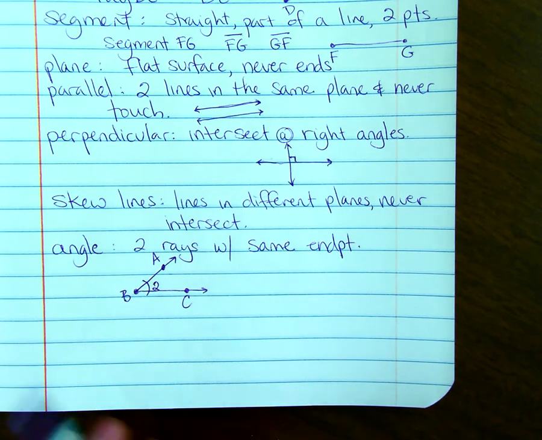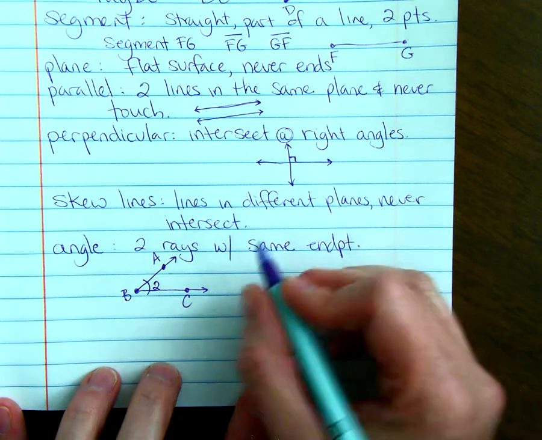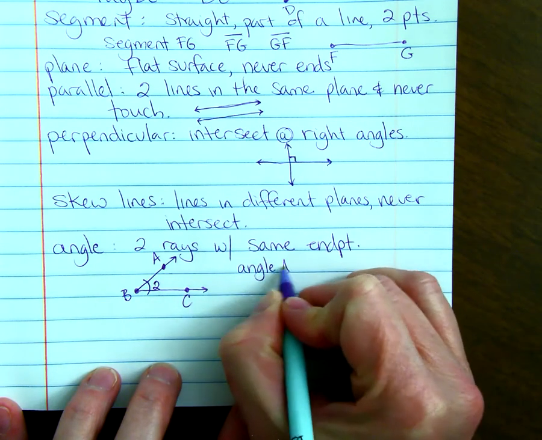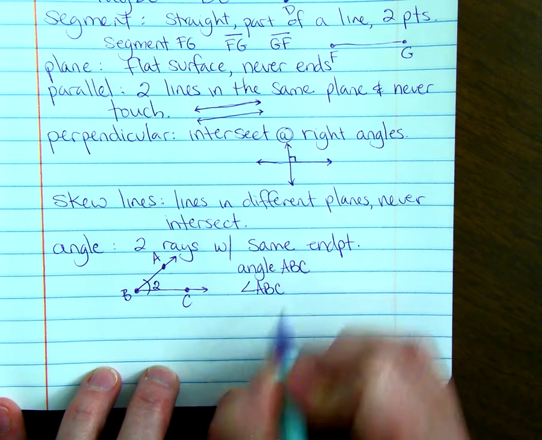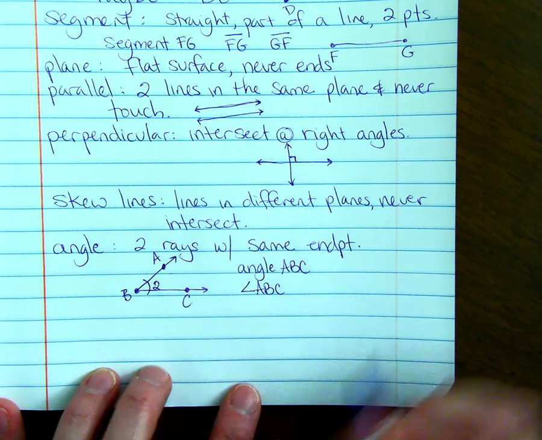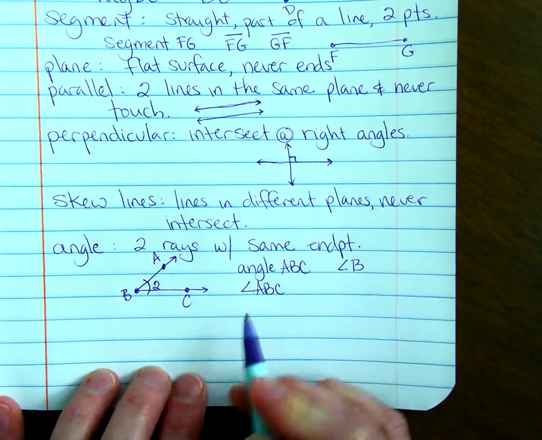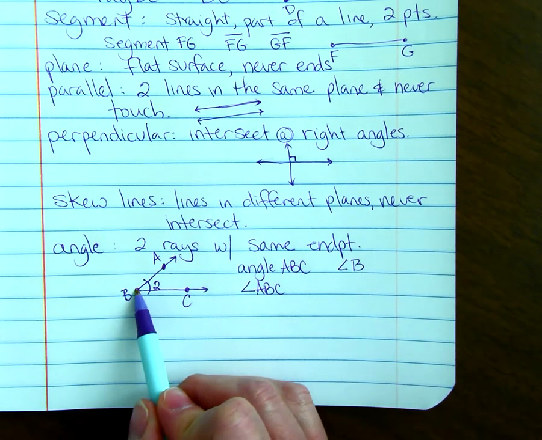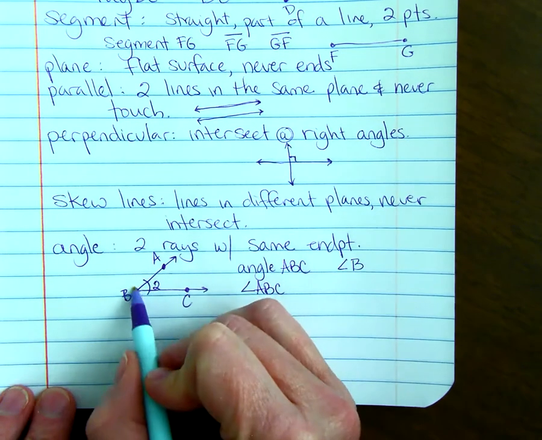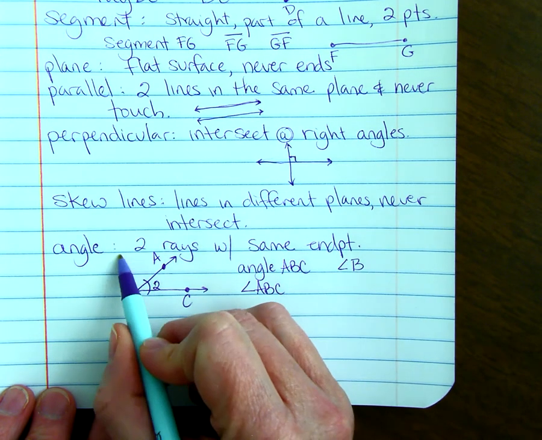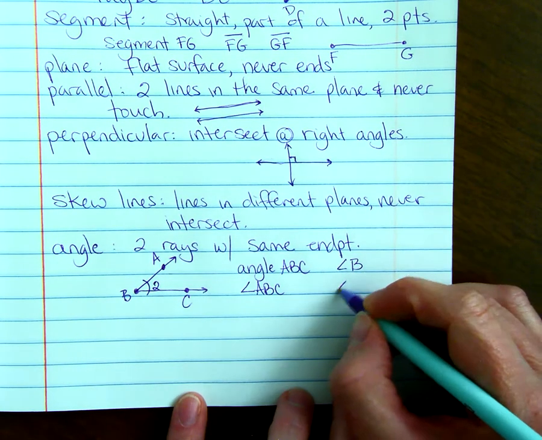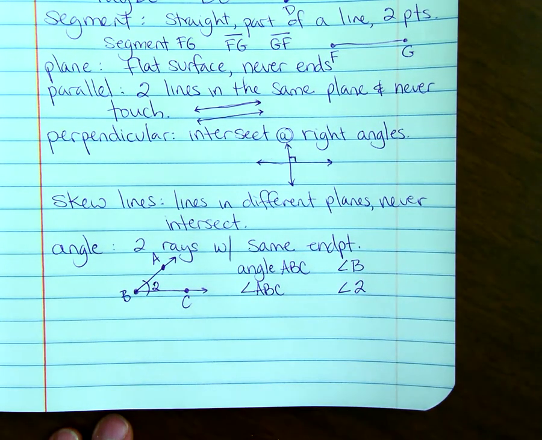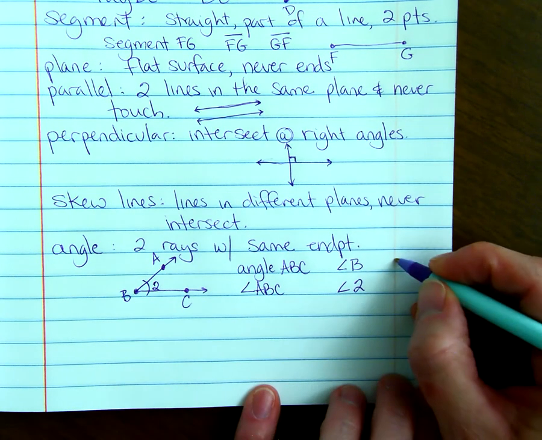Okay, so there's lots of different ways we can name this angle. We can name it angle ABC. We can name it with an angle symbol, ABC. We can name it by the endpoint that they share, so we could call this angle B. You can only do that if there's one angle. If I had another ray right here and added a third angle, we wouldn't be able to name it angle B. We can also name it angle 2 because there's a little 2 right here. Or we can name it angle CBA,